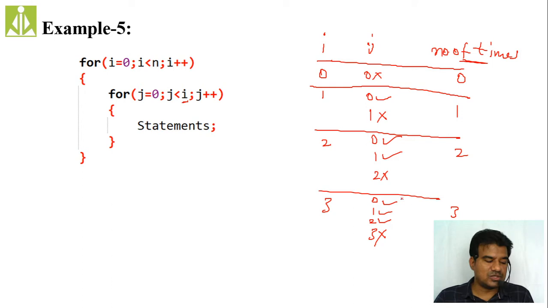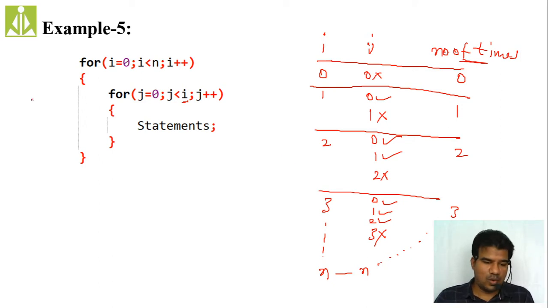So in that way, if you continue till n, because i value reaches n, isn't it? Till n. So how many times is the internal loop executed? i value 0 means internal loop 0 times. i value 1 means internal loop 1 time. i value 2 means internal loop 2 times. Likewise, when i value is n, the internal loop will get executed n times only. The continuation here I am writing because maybe I have the video, so the continuity is like this.